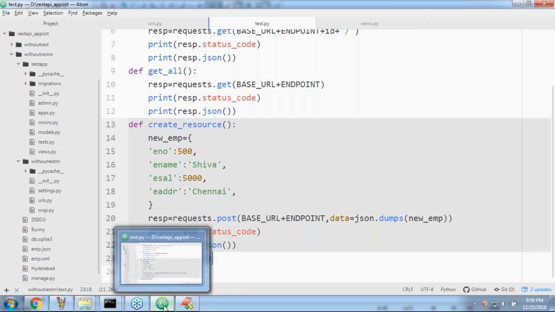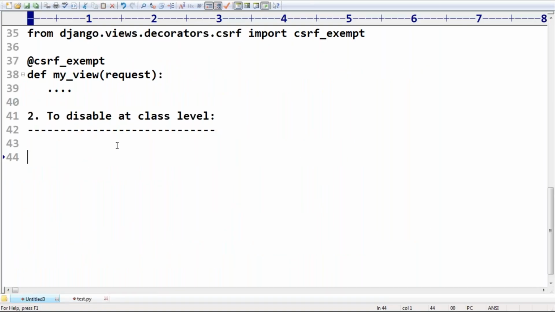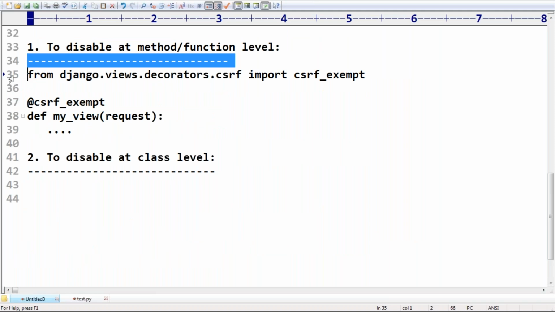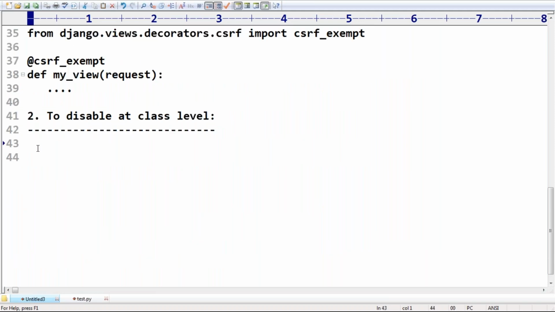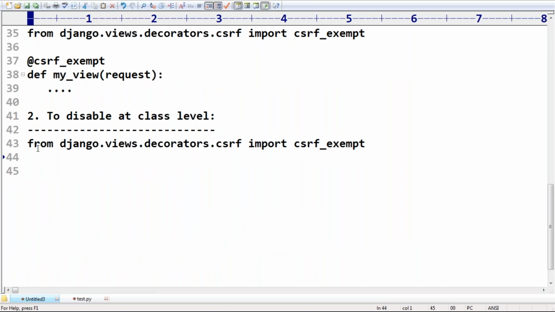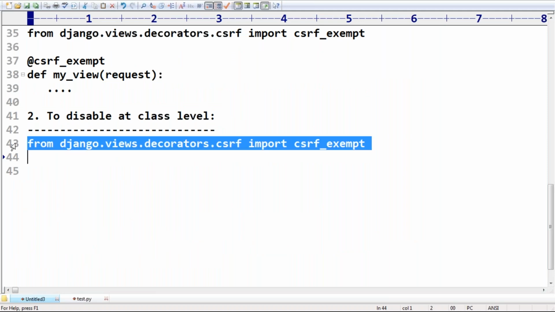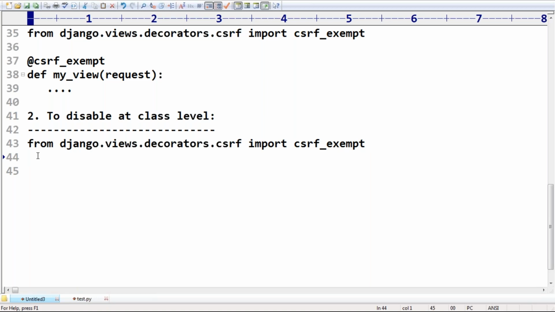So at class level, how can you disable? Very simple. Here I have to take this. Can you please read this line? From django.views.decorators.csrf import csrf_exempt. Now, what is the next one?